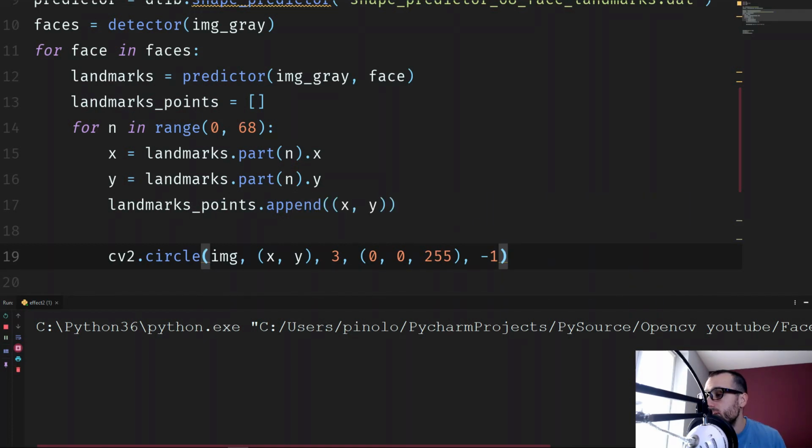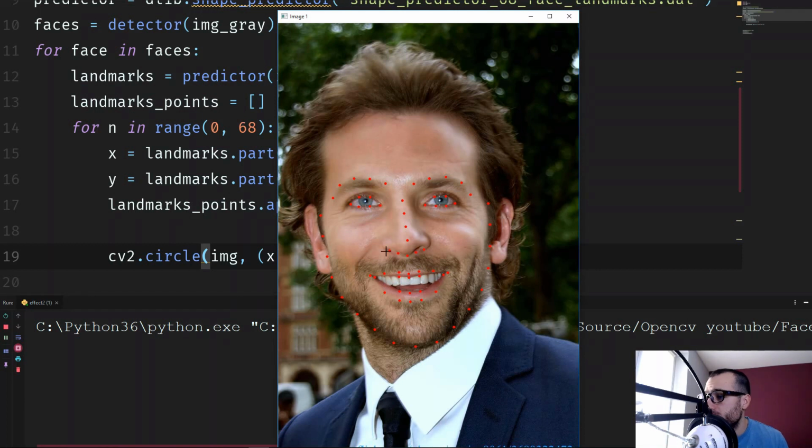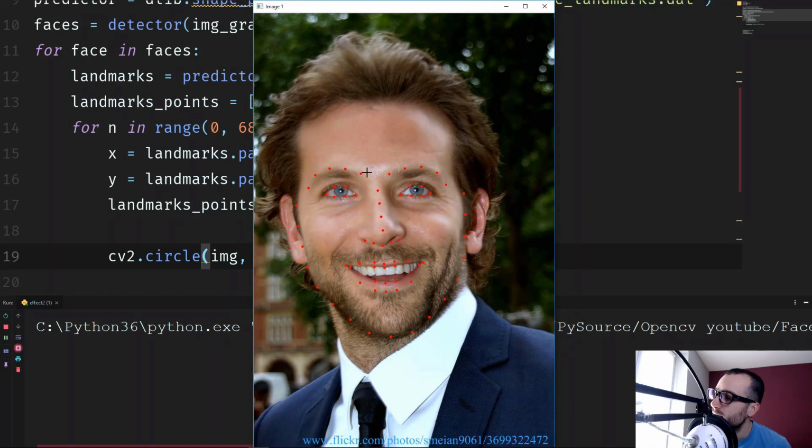Let's run the script. And here we have our detection correctly detected the 68 landmarks points. Now is the next important step that we haven't yet seen in previous videos, and it's called the convex hull. The convex hull will be the external area of all these points, so it will be the biggest polygon but only